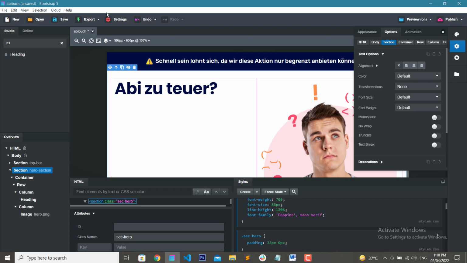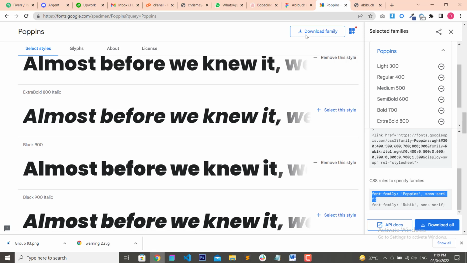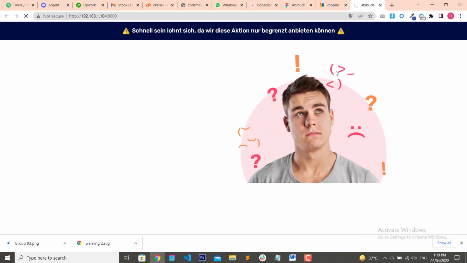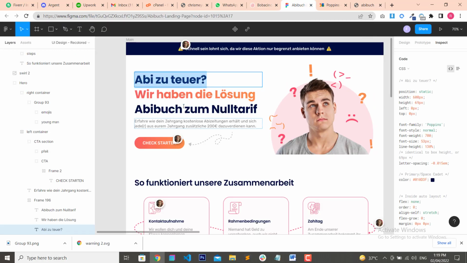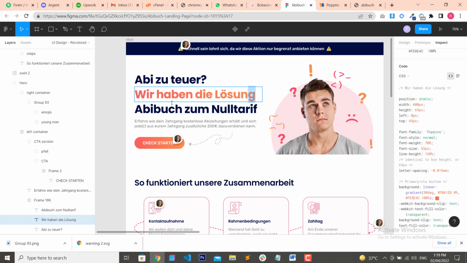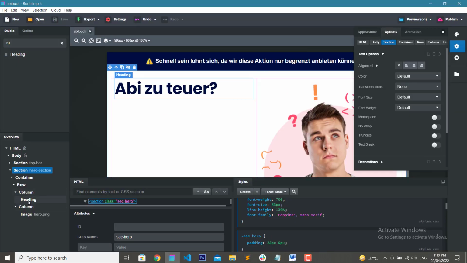Okay, yeah, looking good. This is the same as in our Figma file, and now you can see. Yeah, okay. So similarly we need to add its text color, that is background color, linear text fill color, transparent, and you can see that here is also. So we only copy this,